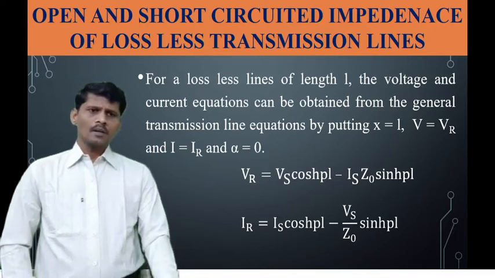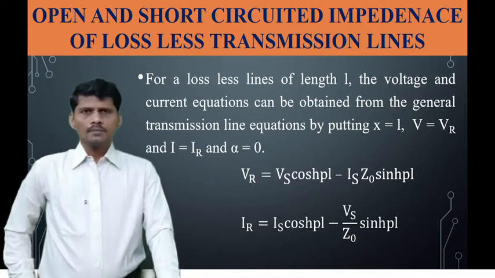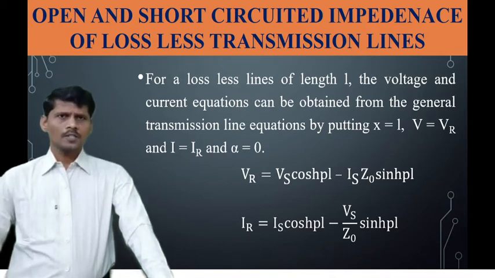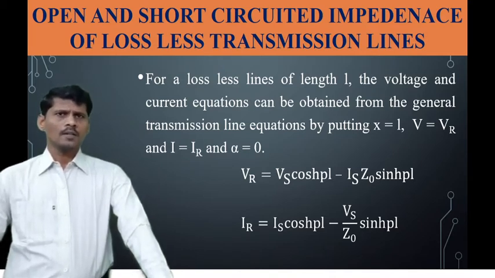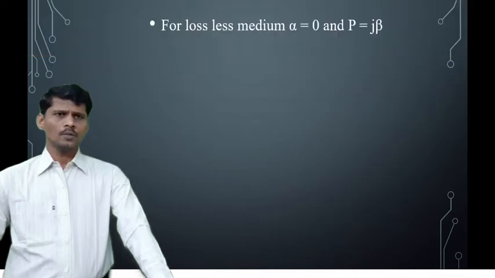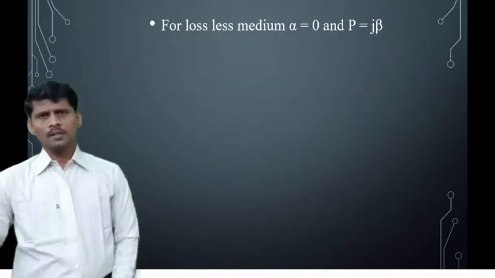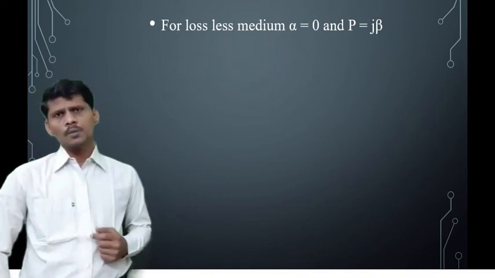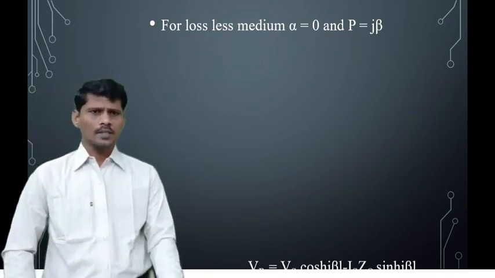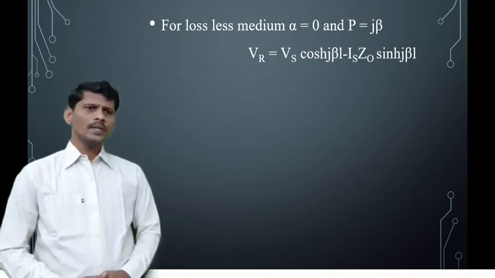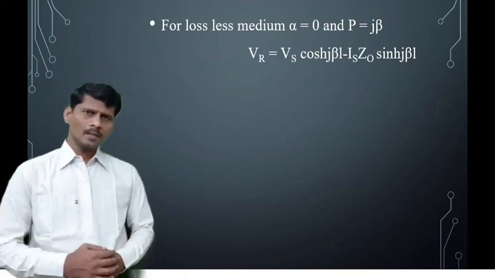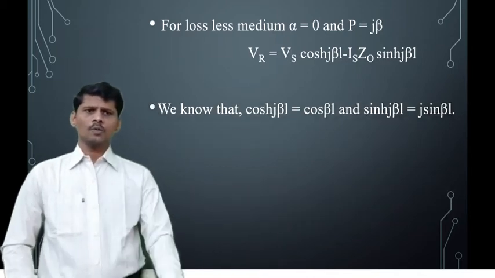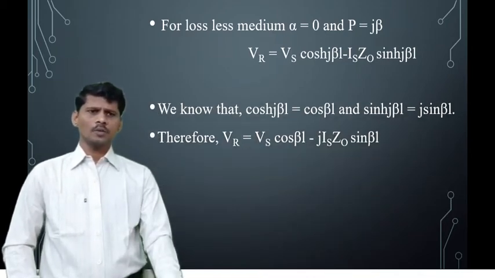After that, applying the lossless transmission line condition: for a lossless transmission line, there is no attenuation constant, alpha is equal to 0, and the propagation constant P is equal to j beta. Applying this condition to the above voltage and current expressions, we get VR is equal to Vs cosh j beta L minus Is Z naught sinh j beta L, and IR is equal to